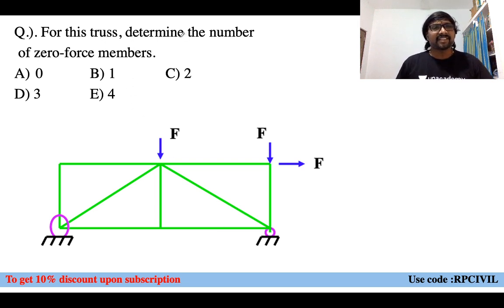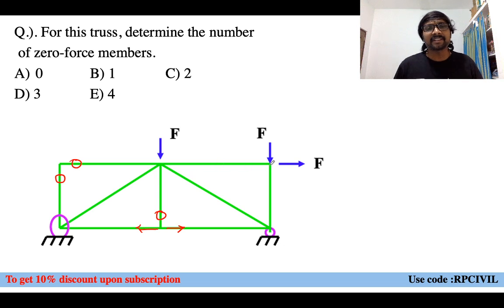Now, consider this truss, determine the number of zero force members. At this particular joint, if you observe, this right side member and left side downward member, both are non-collinear members meeting at the joint. Non-collinear members, no external load, forces in these two members will become 0, obviously, or not? Yes, obviously. And here is the first case. At this joint, 3 members are meeting, among them 2 are collinear. So force in the 2 collinear members is 0, no external load. So force in the non-collinear member will be 0.